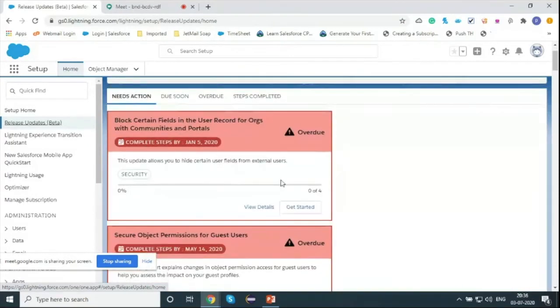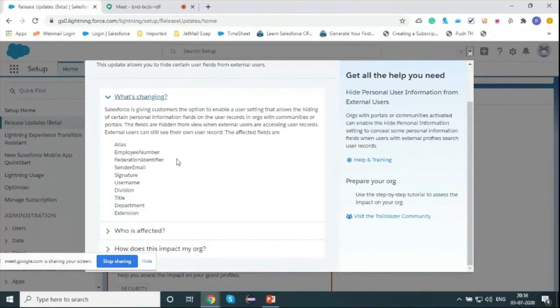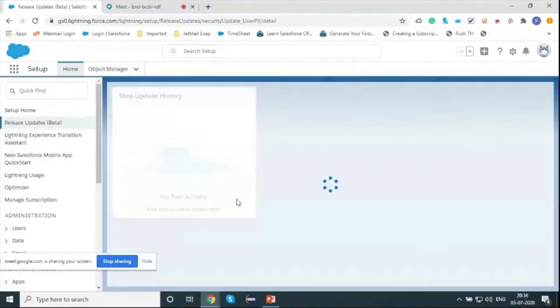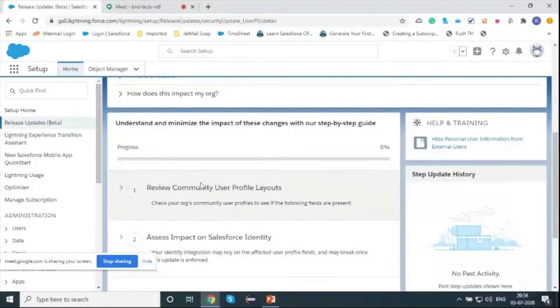As soon as you click on this, as I told you, it gives you all the information tab-wise. Like the first tab, what are the items that need action? What are the items that are due soon? What are the steps to complete it? Let's open any one using view details, and as you open the link, it will give you what is changing, who is affected, and how it will affect my org.